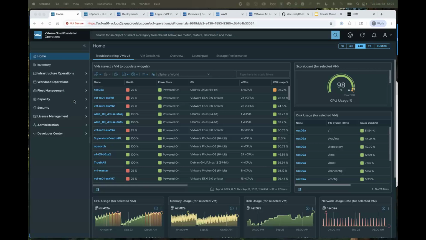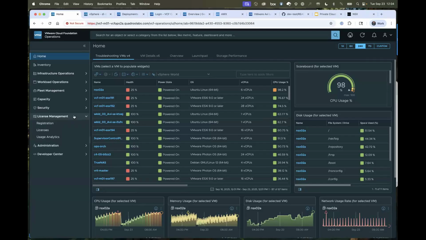Well, Christopher, this is probably a good place to start. This is the VCF 9 Ops console. Might look unique from a visual perspective. We've streamlined a lot of the pieces and parts and moved them into VCF Ops. And, no, I'm thinking maybe we'll start on the license management side. That's what's drawing my attention right now.